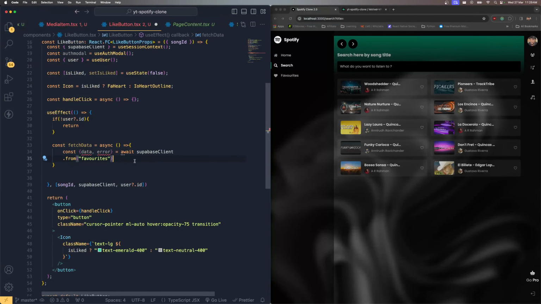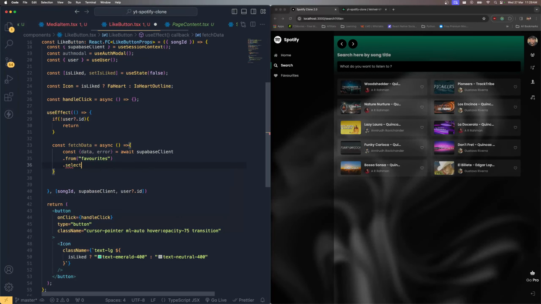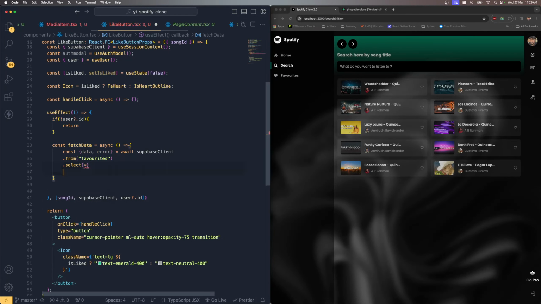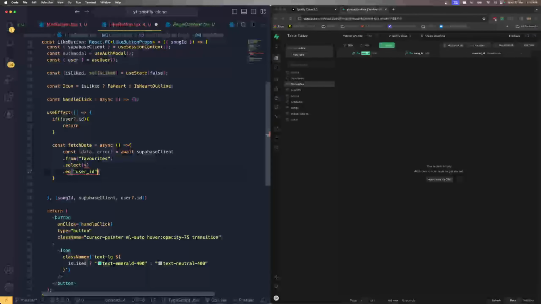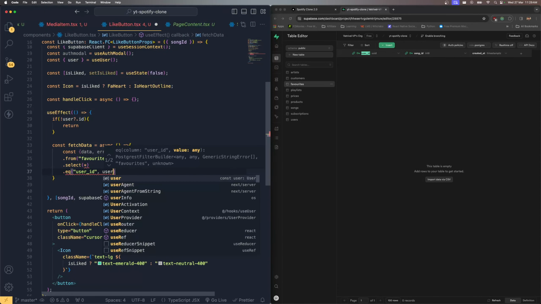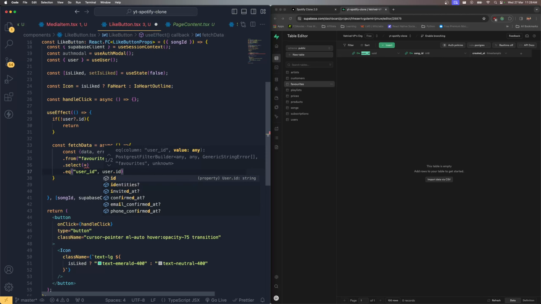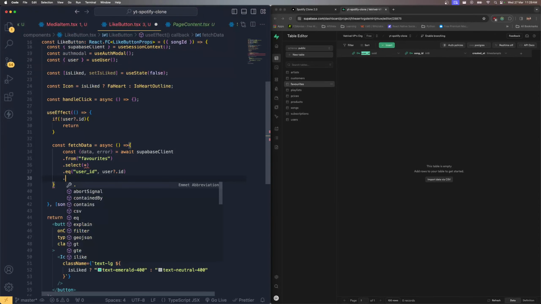So from the favorites, I'm gonna select everything, star, then from there I'm gonna fetch by this ID. The ID should be equal to that specific user ID. So this column user ID, that's what we are trying to do. The user ID should be equal to the logged in user ID, then dot eq,